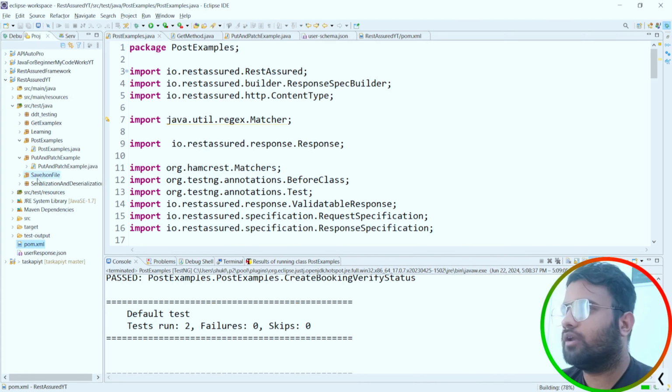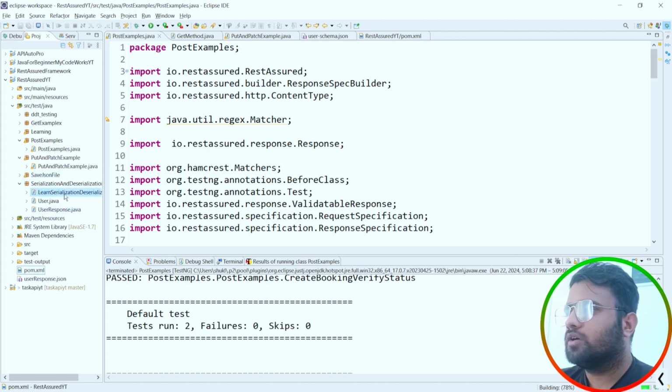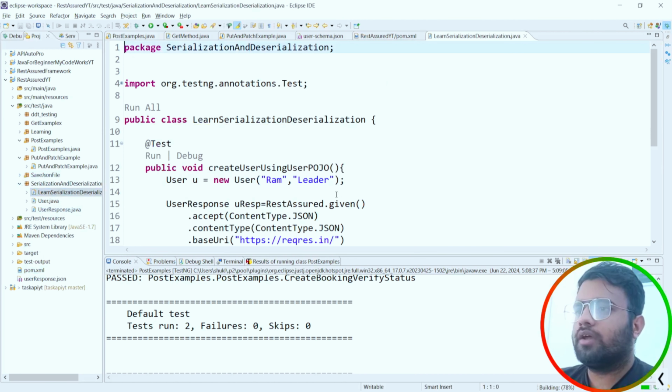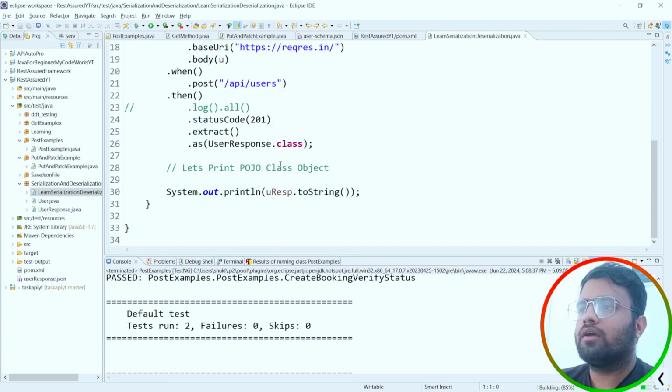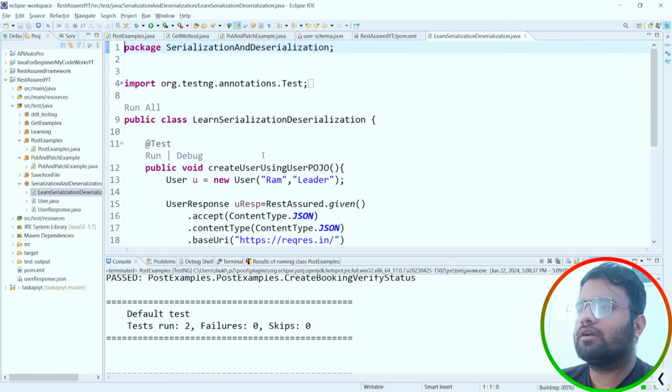So where I can go, directly I can go inside this serialization, deserialization also. So I will jump inside this one. Okay, so if you see here, in the previous video we saw request response. We are going to create the particular response here, and we are doing serialization, deserialization. Okay, so how are we going to perform what we are learning,